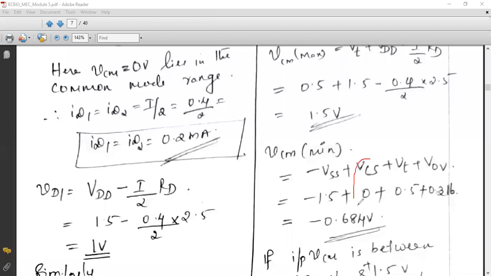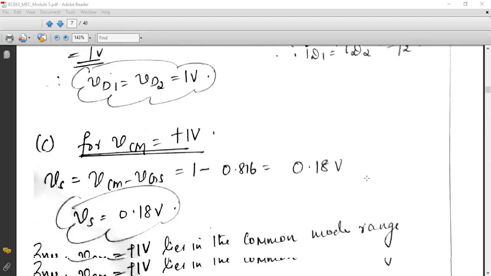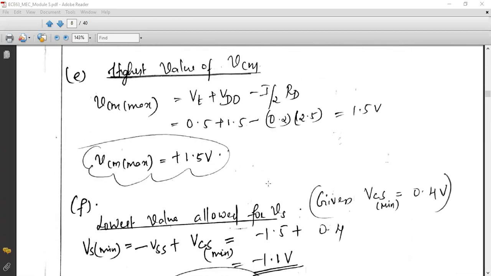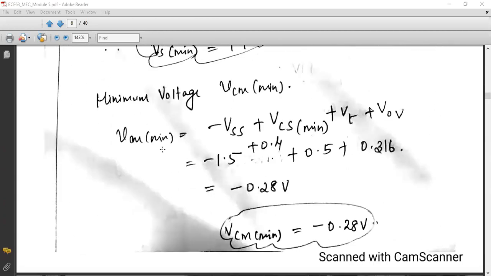Okay, here I have taken VCS as 0 without considering the minimum current source voltage. That's the difference. Understood, students? The previous case, while finding the maximum and minimum common mode voltage, I have considered the voltage drop across the current source as 0, because there it was not mentioned we need to take minimum condition, right? But specifically in part F, they have mentioned that we need to consider minimum Vs. How will this Vs get minimum? Vs will be minimum if we consider the minimum value of VCS. So the minimum value of VCS is 0.4. So that is being considered over here, and then we have computed the minimum common mode range.